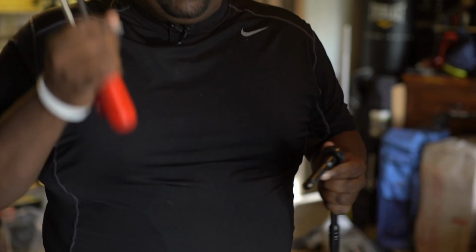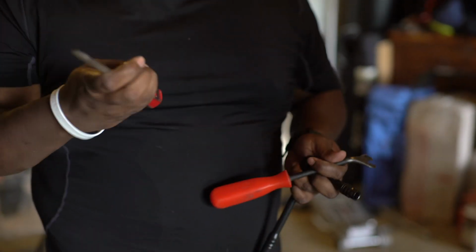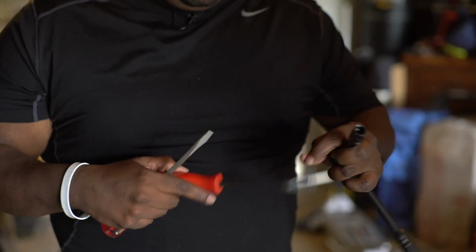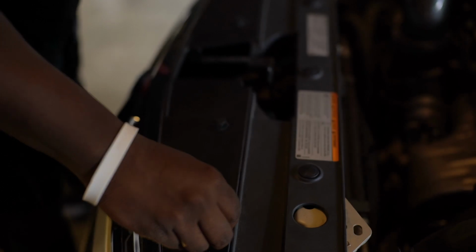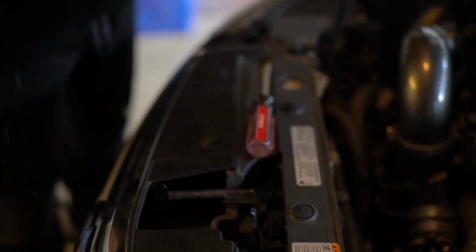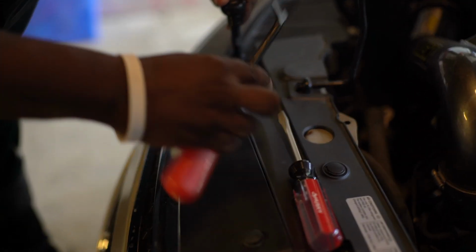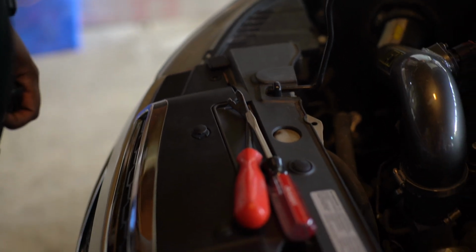Okay, so the tools that we're going to need are a 10mm socket, a flathead, and little pliers. To take off these two bolts right here on the bumper, and these clips, I already loosened them to speed up this process. So all you do is take these off,